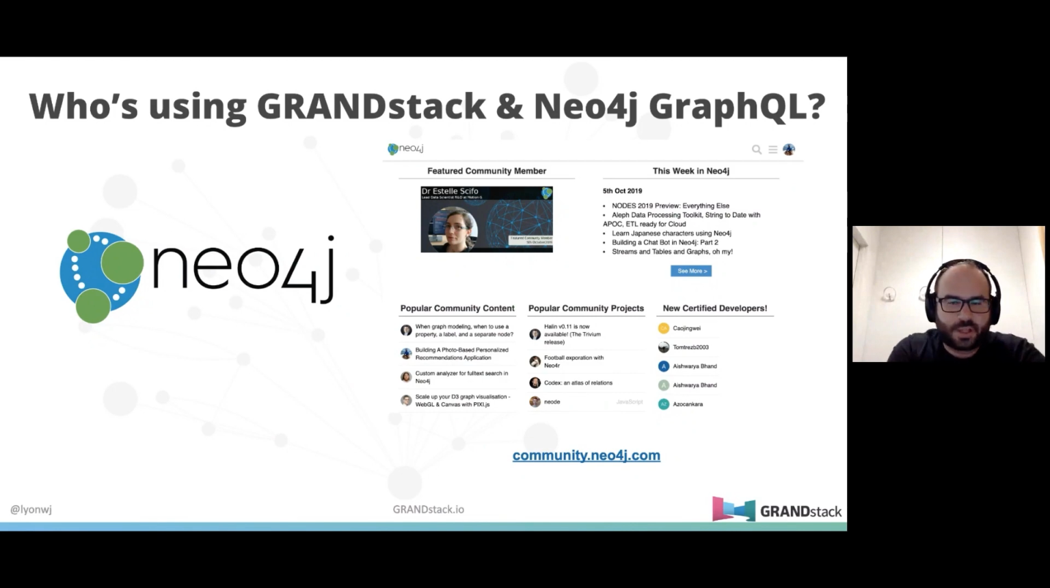Well, if you've ever used the community site, so this is community.neo4j.com, you've probably seen these activity feeds at the top of the page. So every week we have This Week in Neo4j, where we feature a community member. We have links to other resources. And then we also have these activity feeds where we're showing popular community content, community projects, so things from GitHub that people are working on. And the way that we fetch all of this is from a Neo4j database. We call it Community Graph, which has information about the community, what they're working on, GitHub projects, who's doing meetups